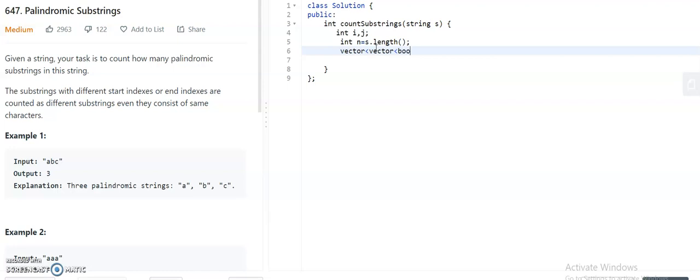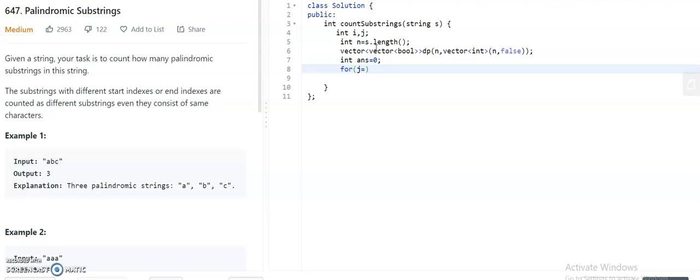Let us take this as bool. Let us initialize all as false. Then let us take some answer as 0.